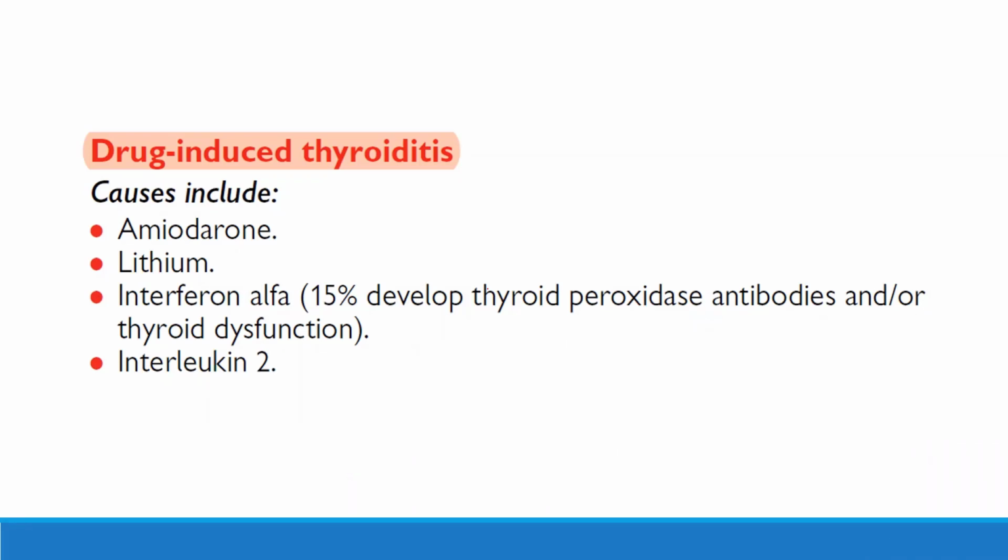When will I repeat ESR and when to repeat TSH? Once tenderness is relieved, ESR will be normalized, actually within 2 weeks it will improve. TSH, in most cases, we repeat after 1 to 2 months.